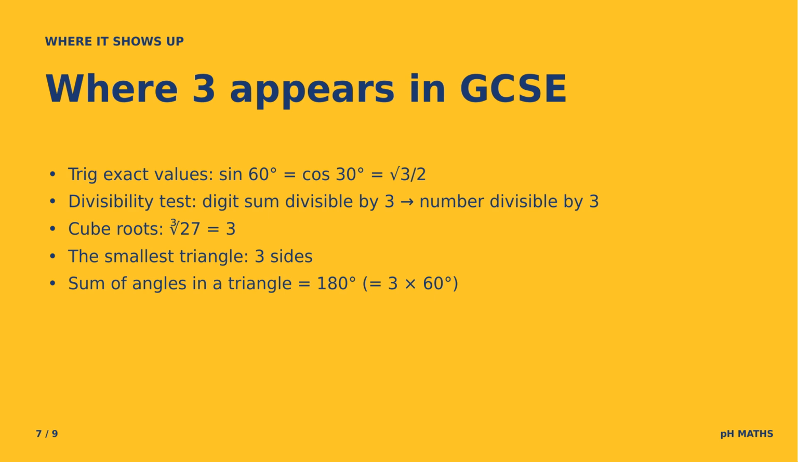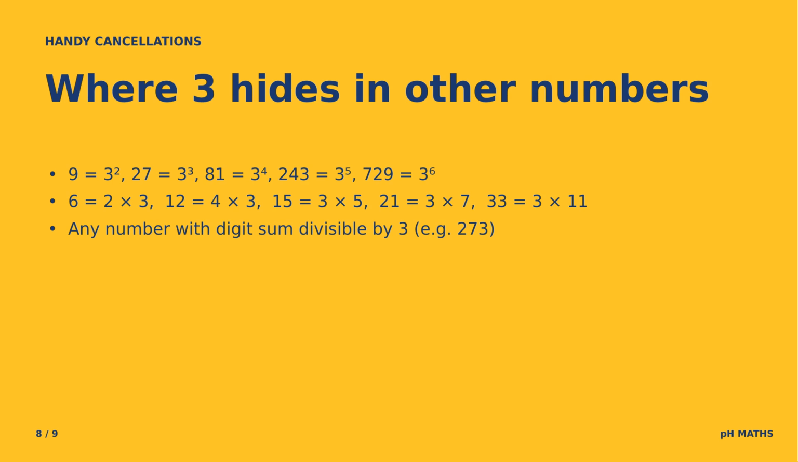Where 3 actually appears in your exam: exact trig values. Sine 60 equals cosine 30 equals root 3 over 2, and tangent 60 equals root 3. The divisibility test by digit sum. Cube roots. Cube root of 27 is 3. The smallest triangle has 3 sides, and the sum of interior angles of a triangle is 180 degrees, which is 3 times 60. Where 3 hides in other numbers: 9 is 3 squared, 27 is 3 cubed, 81, 243, 729,